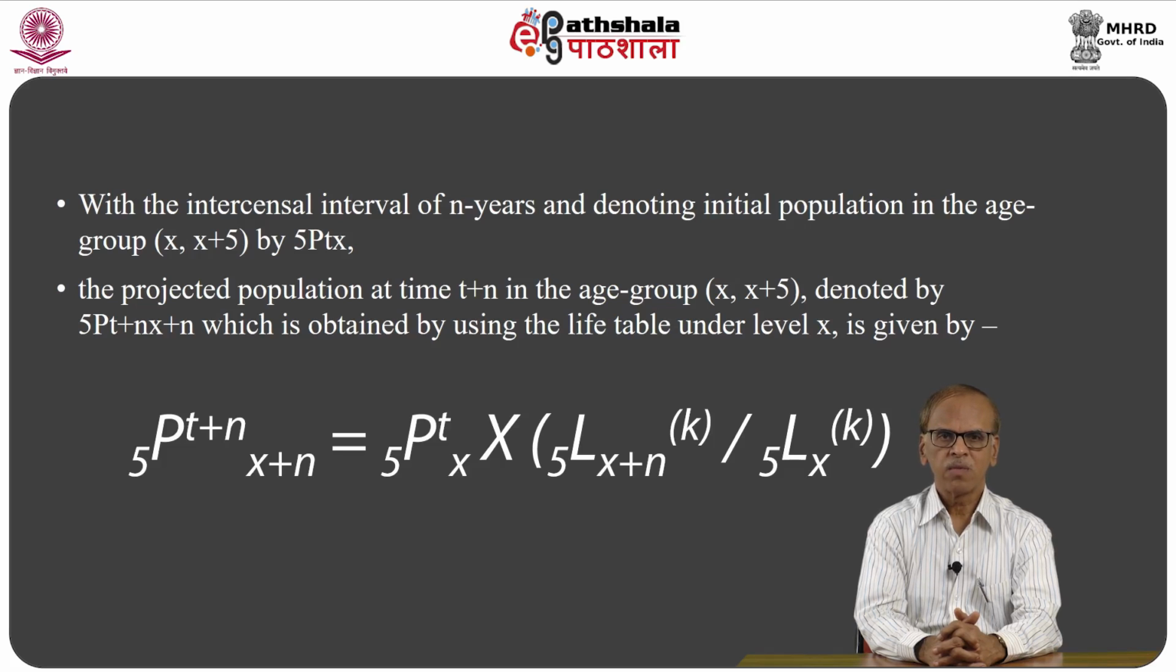The projected population at time t plus n in the age group x plus n to x plus n plus 5, denoted by 5P(t+n) at x plus n, which is obtained by using the life table under level k, is given by the estimated population at time t plus n for age x plus n, equal to 5Px at time t multiplied by 5Lx plus n for a k value, divided by 5Lx for a k value,